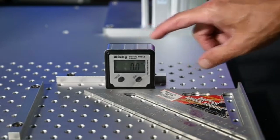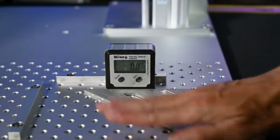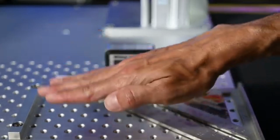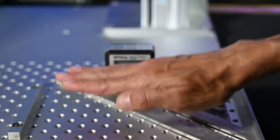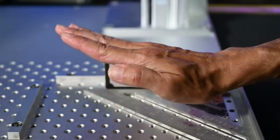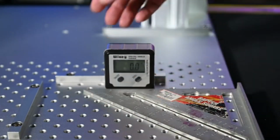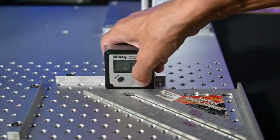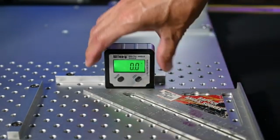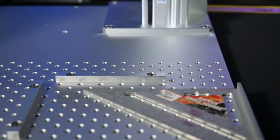You want to make sure that the galvo head is parallel to your working plane, because otherwise, if it's tilted at all, you're going to have a difference in focal length or depth, or the focus point. What may be in focus here isn't going to be in focus over here if it's not perfectly level. So I have a digital angle gauge here. I'm just going to zero this so it's zeroed here. And now if I bring it up to my head, and I got to move the camera so you can see this,